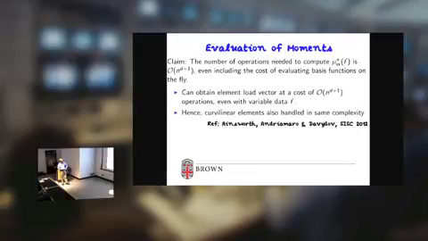So the point here is that I can obtain the element load vector at that cost, even with variable data, and that includes nonlinear problems where I'm going to have to evaluate my current approximation as an iterative loop for solving a nonlinear problem. So I can deal with variable data, nonlinear problems, curvilinear elements, because curvilinear elements are just variable data again,